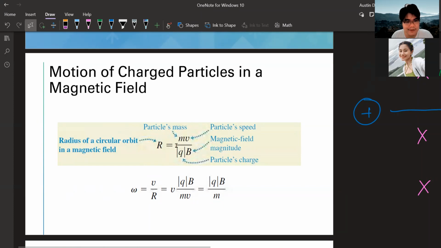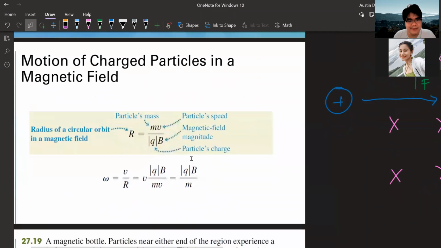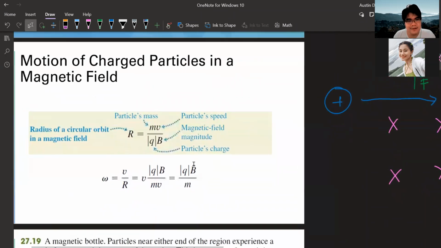So for this case, kukunin mo lang yung magnitude ng charge. Pati ng field. Kasi kailangan positive tong bagay na to. Di ba? Positive yung radius. Walang negative na radius. Okay? Okay. So, ganun siya. And then, if you're interested about the angular velocity, you can just get this